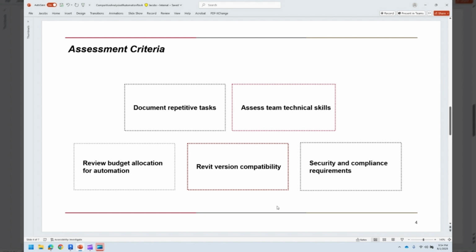And when it comes to the budget, I guess this depends on the company. You may have some allocated budget that can help to do the development. Probably you may hire some of these developers within your organization that can help you to build it. And more importantly, now from Revit 2025 onwards, there is a lot of change in terms of the .NET